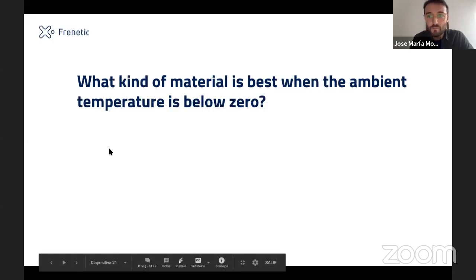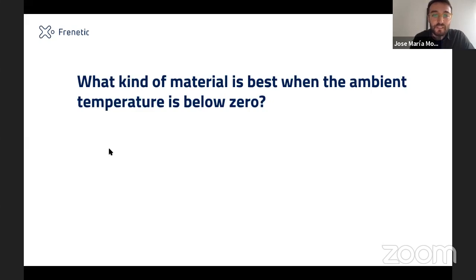What kind of material is best when the ambient temperature is below 0? Interesting. That depends, of course, on what kind of application it is. We have not shown it today, but we are also looking, especially for automotive customers, at the low temperature behavior, typically from -40°C up to 150°C. And also here, there are differences in the materials and specific designs necessary to assure the best performance at low temperature. In most cases,